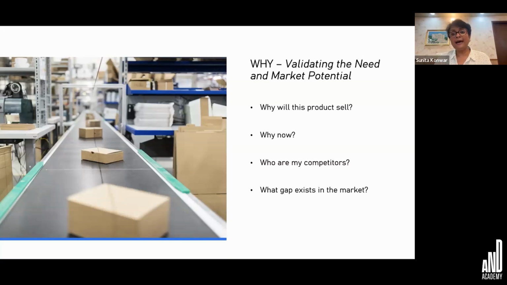And then, why now? Is this the right time? Are there economic or cultural factors that are pushing demand? I mean, look at how the world was hit with COVID. And I was living in India at that time. So when I talk about India, I'm 62 years old. And before COVID, if I had to buy my provisions in the house or anything, I would always go to the shop and buy it.